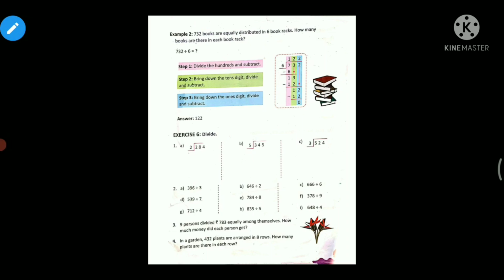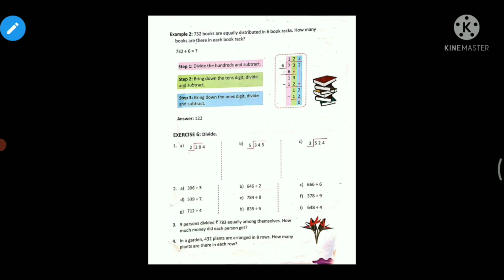So, till now, we have understood about the division, right? How we can divide three-digit numbers with or without regrouping, right? So, in our last class, we did exercise 6. But here some questions are there. We have to do this one today. Okay, so see question number 3.